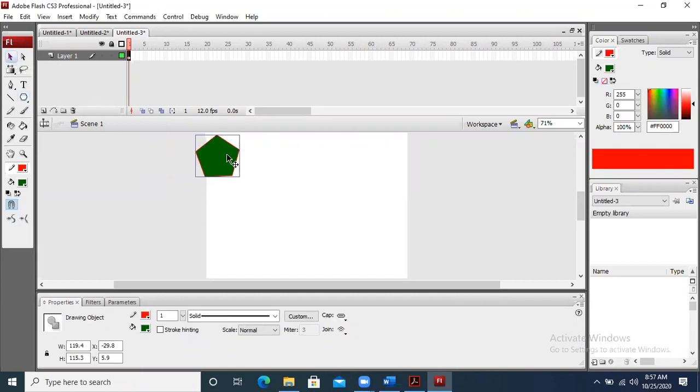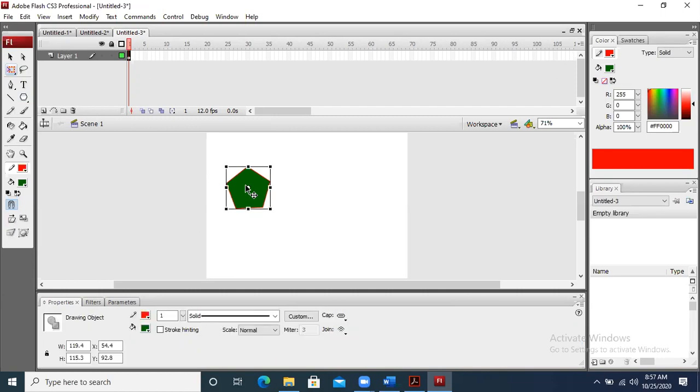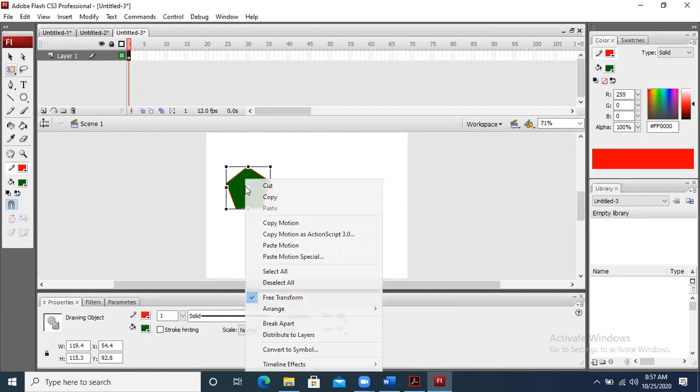The red color border is also there, and this is basically an object which is drawn already. So now you can see that the object is basically an outline. If you want to join the outline so that the outline should not be separate from it.